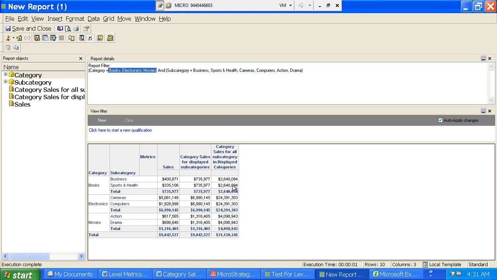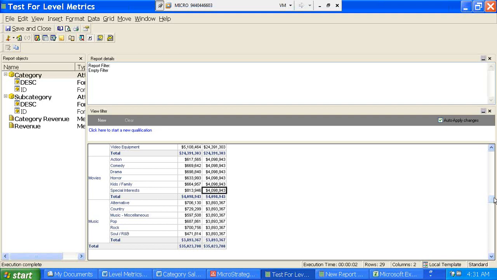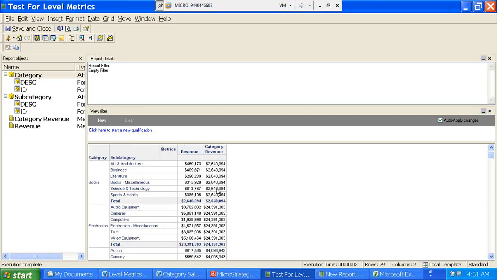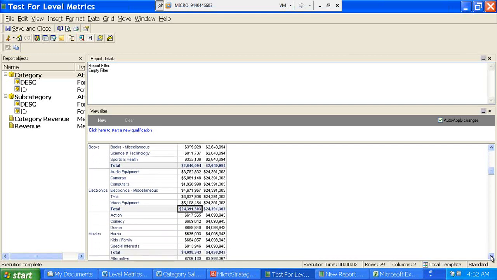Now see this 2640, how it came. When you are adding for all subcategories from books, all these, if you add 6 values, this is the value 2640. Remember, for electronics 24,391. 24,391, remember. For movies